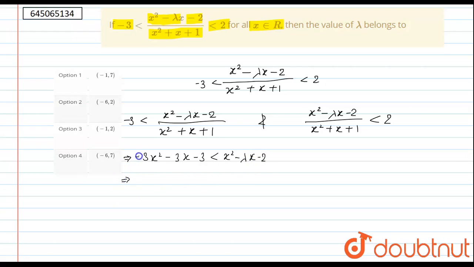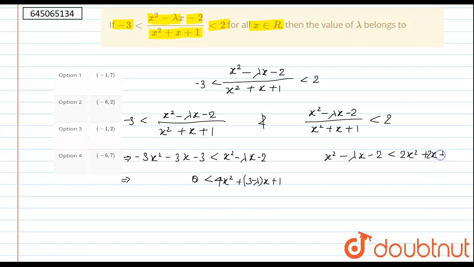Or we can say that 4x square plus (3 minus lambda)x plus 1 is greater than 0, and the second inequality will be x square minus lambda x minus 2 is less than